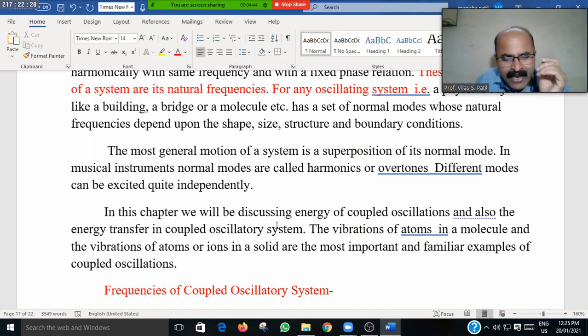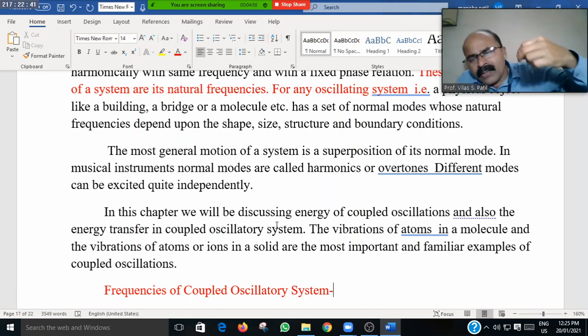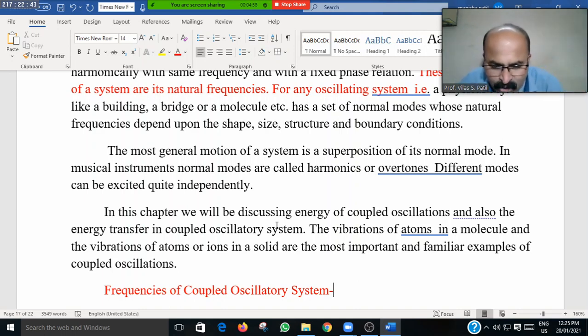In this chapter we will discuss the energy of the coupled oscillation, and also the energy transfer in the coupled oscillatory system. That is, in this complex system, how the energy will be transferred has to be studied in this chapter. And the vibrations of